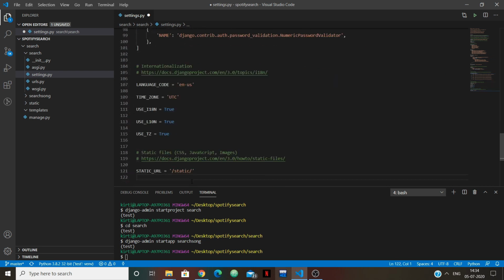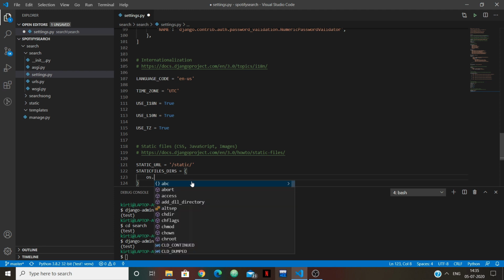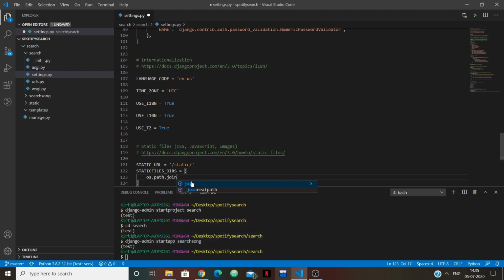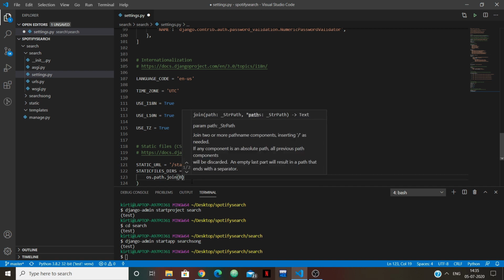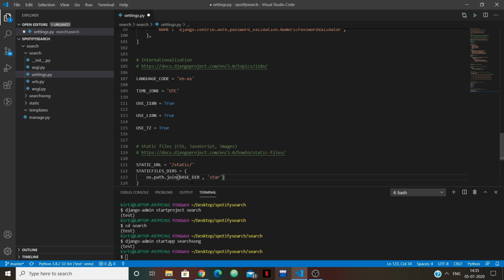You will find something related to static. So just type over here STATICFILES_DIRS equal to os.path.join(BASE_DIR, 'static'), so that Django will know that all your styling part is present in the static folder.